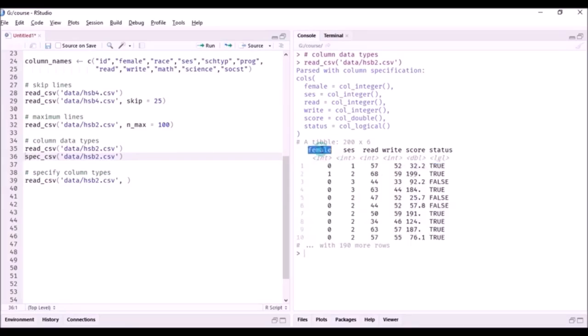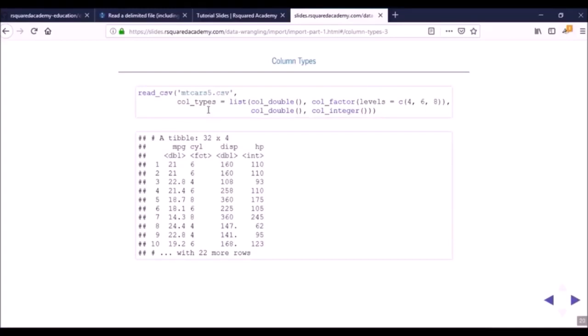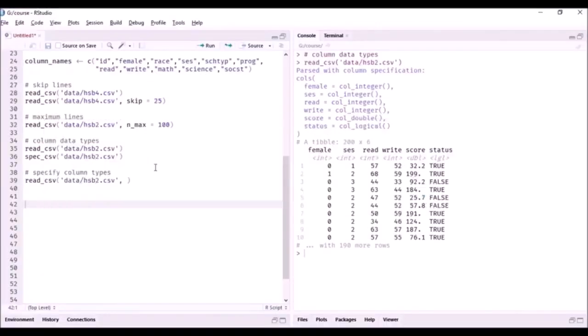right? And if you look at this particular column, first one, female, it is basically a categorical variable or data, right? It takes only 2 values, 0 and 1, and this should have been treated as a categorical variable or qualitative variable, and the data type here should have been col_factor, right? So we'll set this right now. So to specify the column types, you will use the col_types argument, right? So let us use it,